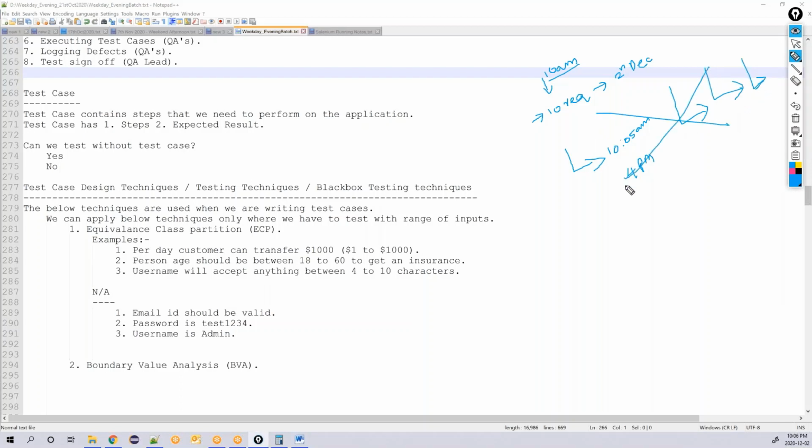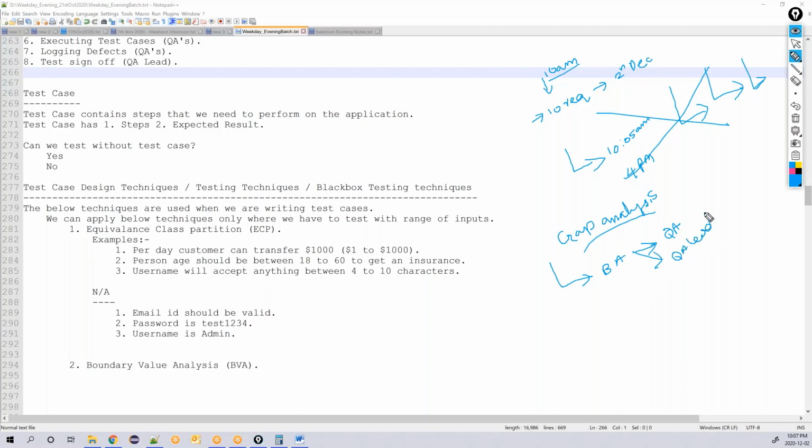This is absolutely a very big mistake that many of them make. What an experienced person will generally do is get the requirements and do gap analysis. He will find out the gaps in the requirements. When he finds the gaps, he will have a meeting with the BA. So there is a meeting between BA and QA. For this meeting, even your lead might be part of it, the QA lead.